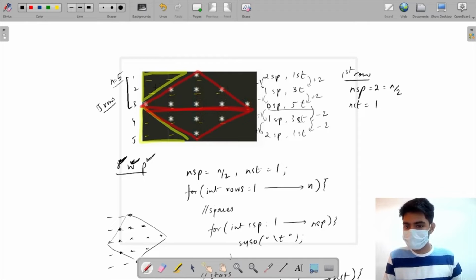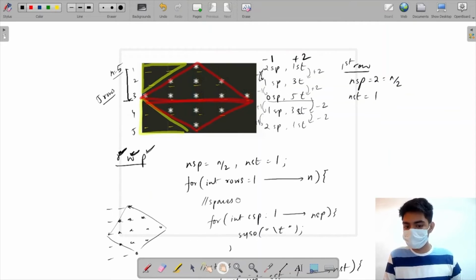At the halfway point, first what I see is that the number of spaces are decreasing by 1. I see that till the halfway point, my number of spaces are decreasing by 1, and the stars are increasing by 2 till the halfway point. So what I'll do is,